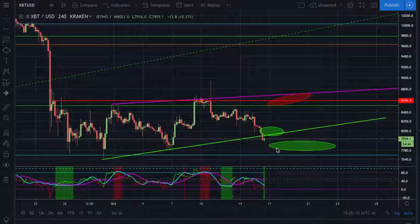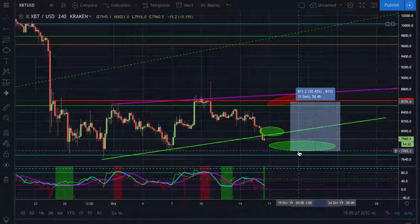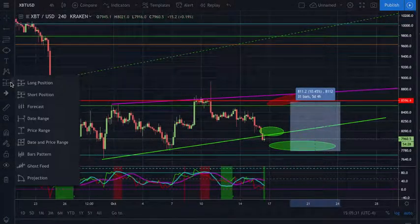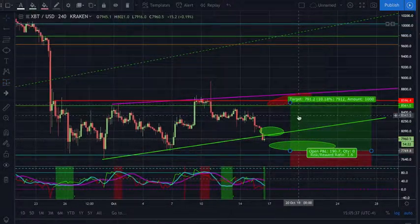And from that support line, we should be able to get potentially a move back up to the top of the range like we had discussed previously. And you'll see that's basically going to put us at about a 10.5% range. So if we can get a position filled down here, we're looking at putting in a stop loss. And let's see, if we can get filled around this part right here, what we would essentially be looking to do is,